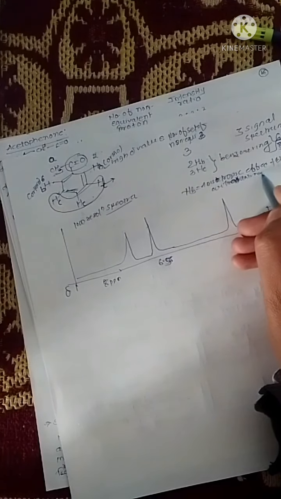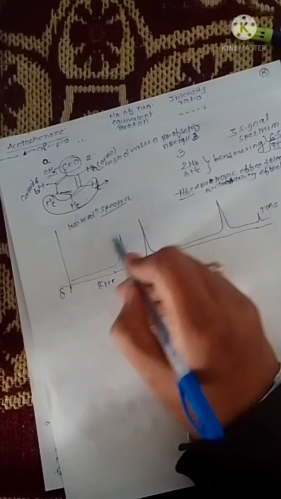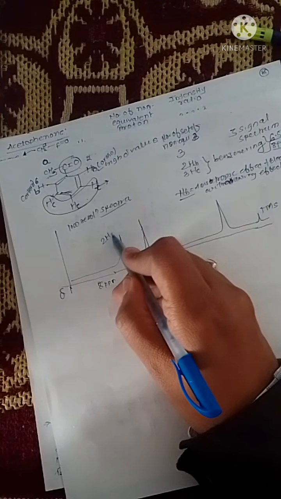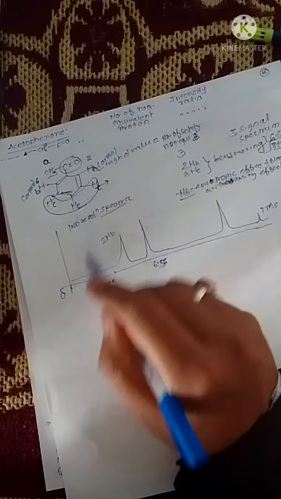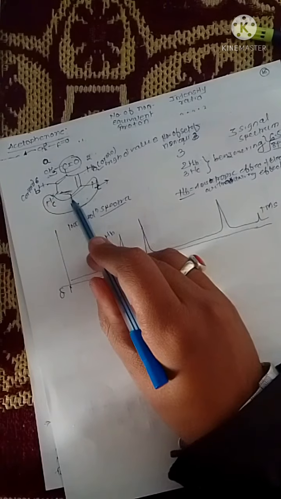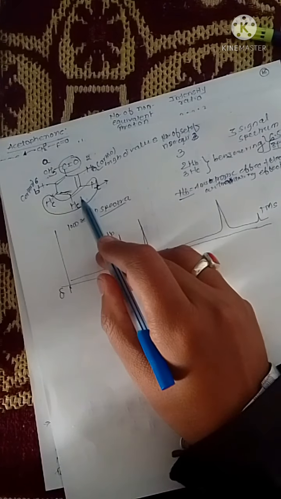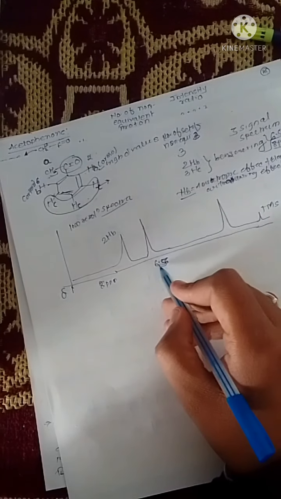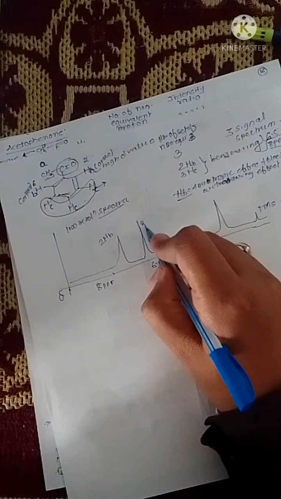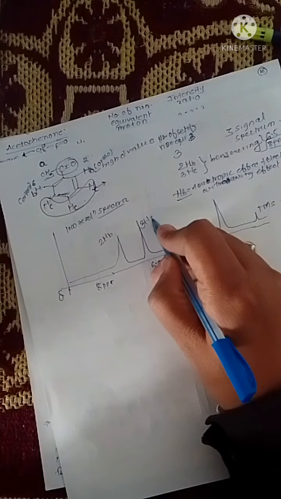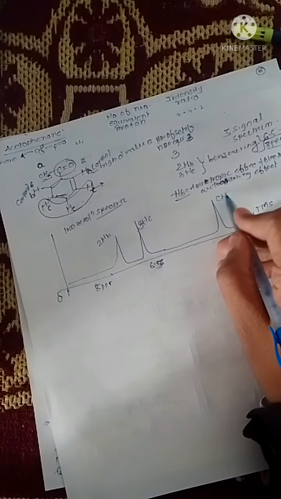Effect of C double bond O, so they have the highest value. So this signal we write for twice Hb proton. Then there are also 3 protons present on the benzene ring which only have an anisotropic effect. That's why they have a high delta value. So this is the peak for thrice Hc proton, and this is the peak for your methyl group.